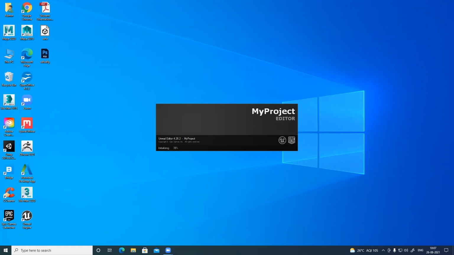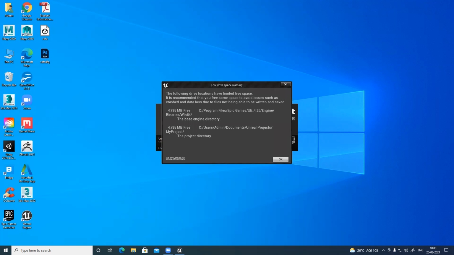Switching on Unreal. So just give me a minute and start. If you guys have any doubts or anything, or if you want to show something, limited space. Yes, okay, check. Kind of still the same.